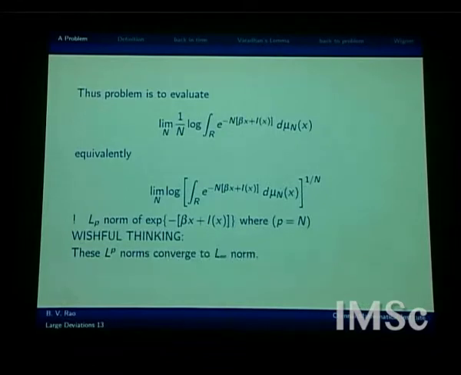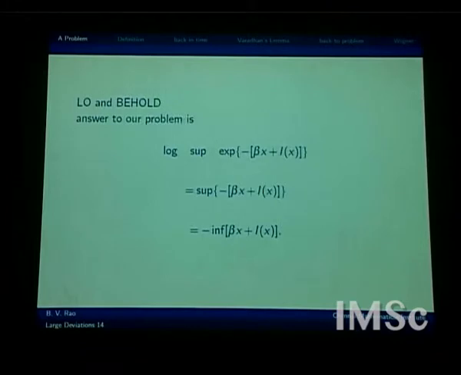Therefore, my interest is as n tends to infinity, right, and somehow I have read somewhere that the LP norm goes to the sup norm as p goes to infinity. Okay. So, hopefully, this is the second wishful thinking. These LP norms converge to the L infinity norm, that is the sup norm. Okay. But of course, if you believe it is actually the sup norm, forget about L infinity and all those things. Okay. The answer is then